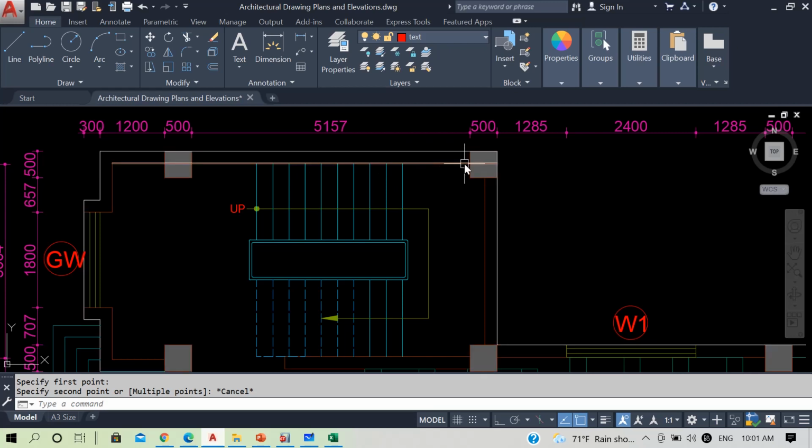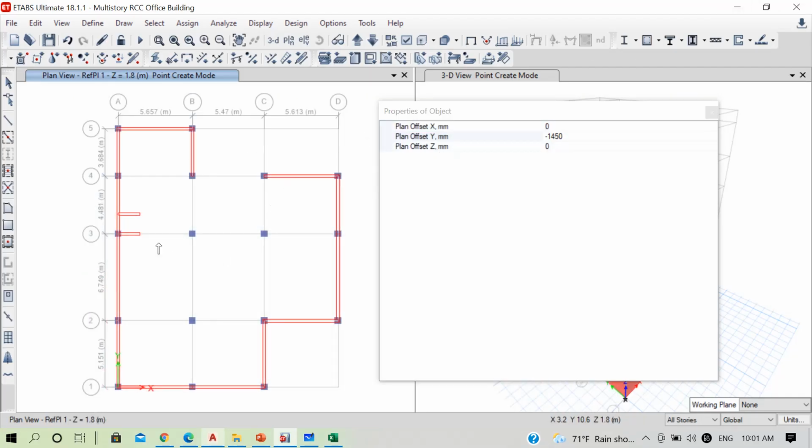The width of our landing slab is 1.505 meter. So this will be in negative x direction, minus 1505 here. The width of our staircase is 1.45, that will be in negative y direction, minus 1450 for both of this and this joint. And then the gap between the two flights is